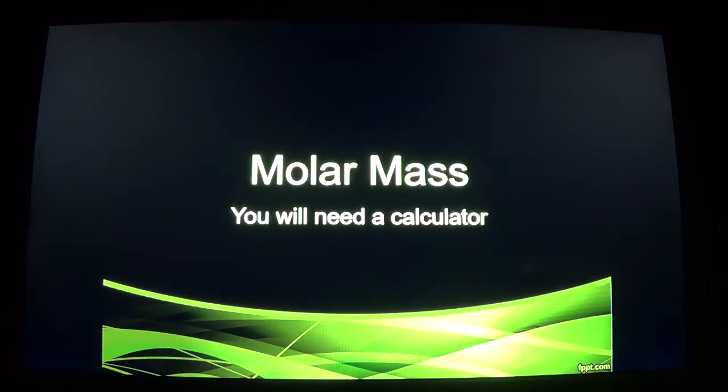We're going to discuss using dimensional analysis, which was the topic of the first video, along with molar mass to actually do some dimensional analysis with some chemistry topics going on here. So you'll want to grab a calculator so you can try out these calculations as we go. The topic is, as you can see, molar mass, and we'll get into what that means and how that works